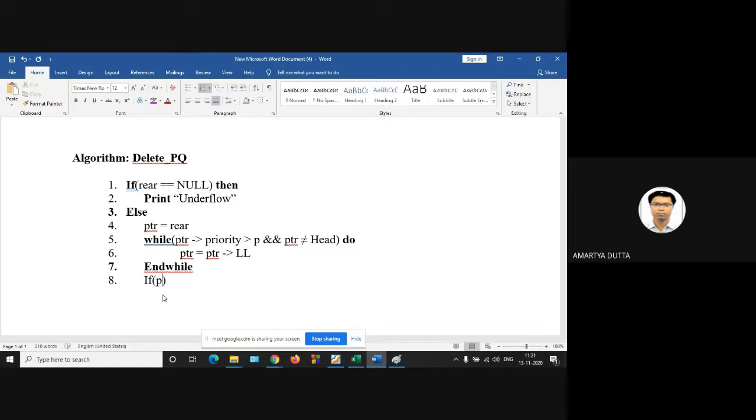If your PTR is equal to head, or your PTR, its priority is less than P, then print found.